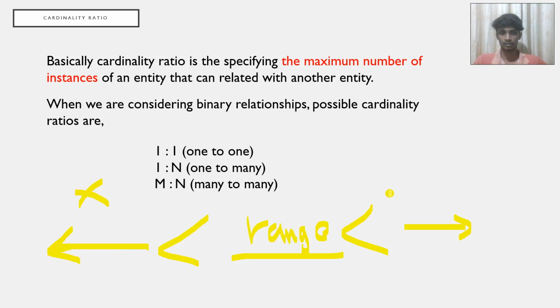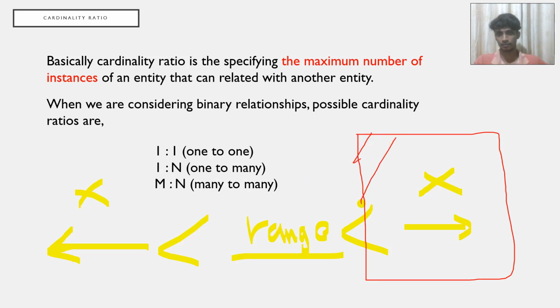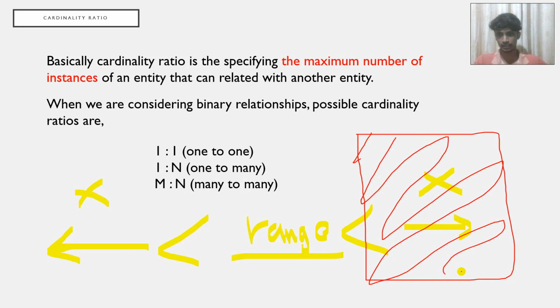Both ranges are not relevant to the particular database. So that's why we have to define constraints. So basically, what does this cardinality ratio mean? This part, the maximum part. In order to avoid this range, here we have to initialize the maximum ratio, right? So it's normally known as the cardinality ratio.